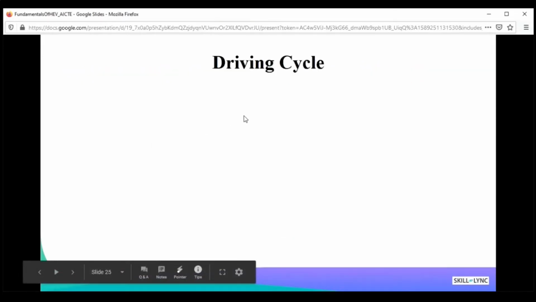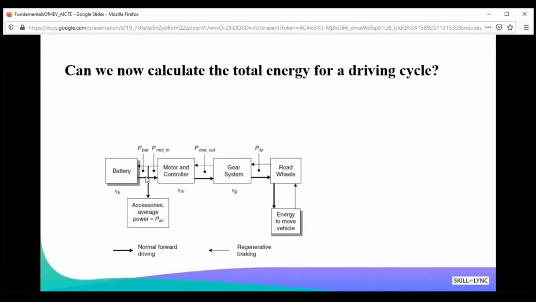So in order to understand this, you basically have the idea about all these parameters: efficiency of battery, efficiency of motor, and efficiency of gear. So what is the efficiency of battery? It is based on how much energy you put in while you were charging it, right? So from your charger, from your supply, there will be efficiency of the charger component as well, right?